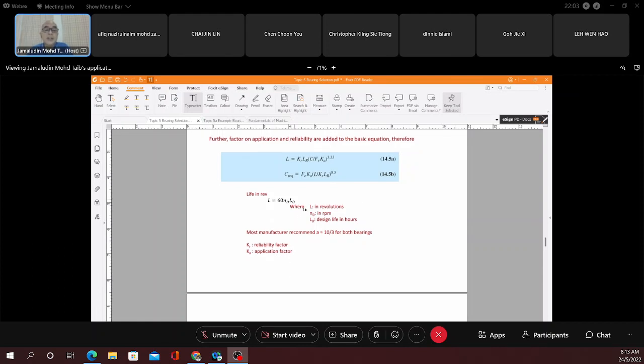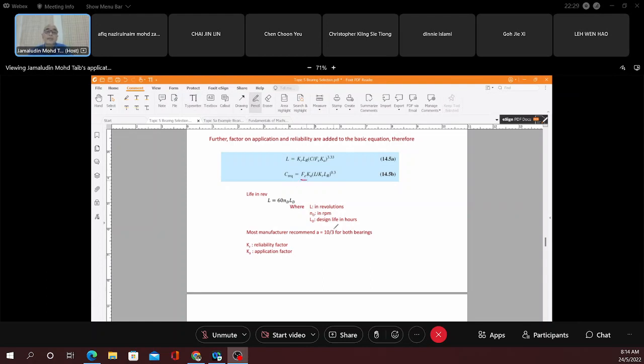Okay, this is going to be the life. The life of the design will be in revolutions. You can use this equation: 60 times RPM times the rotation speed and design life in hours. That will be the life of the bearing. Then you get this value. What makes the difference between catalogs is this value,